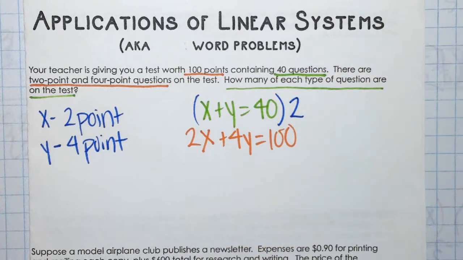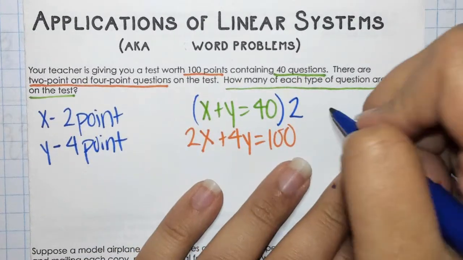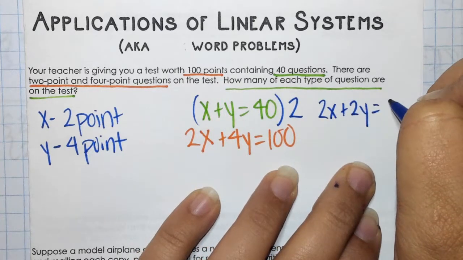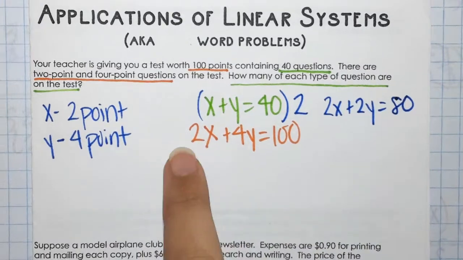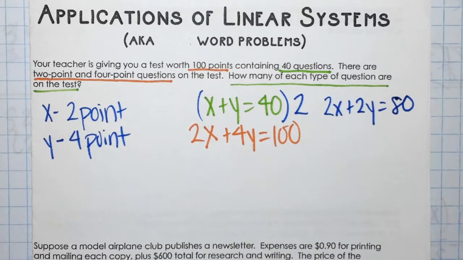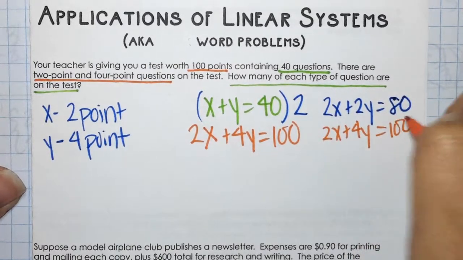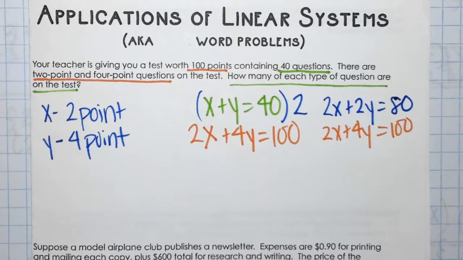Take a point. Multiply by 2 on the top. Now, am I going to multiply everything by 2 or just one of the things? Everything. So what's 2 times x? 2x. What's 2 times y? 2y. Equals? 2 times 40? 80. What do I do with the orange equation? Bring it down. Just slide it over, bring it down. Good job, y'all. 2y. Okay, now we have